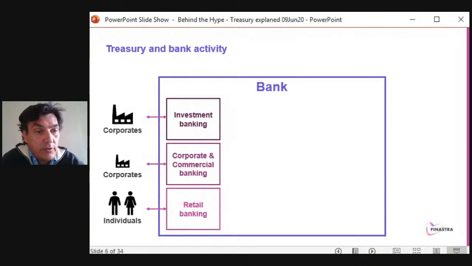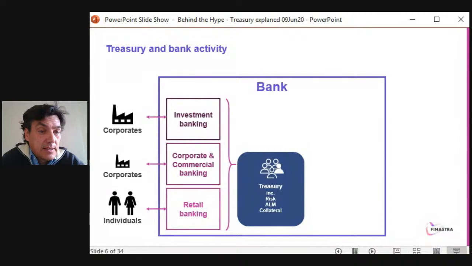So you have retail banking, you have corporate commercial banking, you have the investment bank. But what is interesting to know is that the cash flows, what is traded, sold, loaned, or deposited with those departments, always go back to one single point within the bank. That's the Treasury. Within the Treasury, you have the management of the cash flows, the management of the risk coming from those cash flows, the management of the collateral, and the function that we call asset and liability management. And we'll see at a later stage what it is exactly.